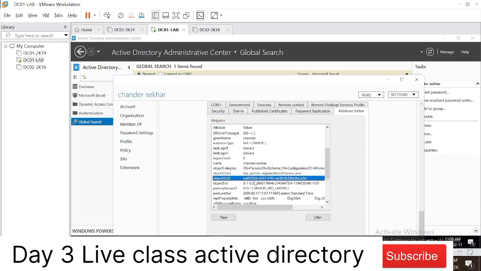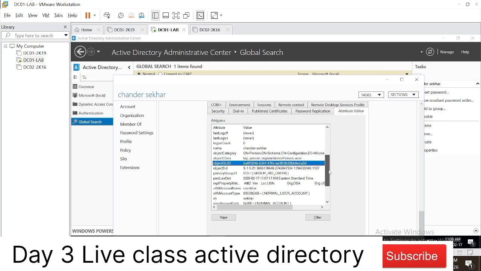Can you see these alphanumeric numbers? Yes, Shekhar. So this is the GUID number. That is the unique ID given by the Active Directory RID master role. Even if you delete this user and recreate it, this ID will not be assigned again. This is always unique. Okay.